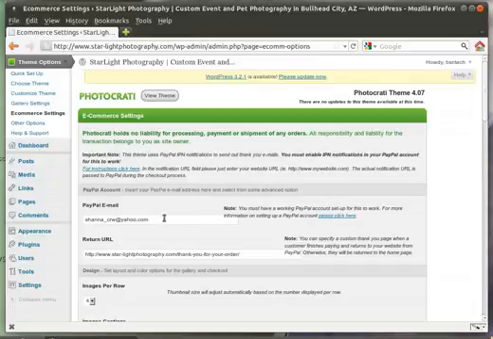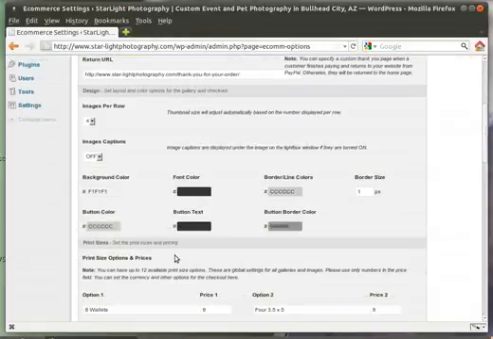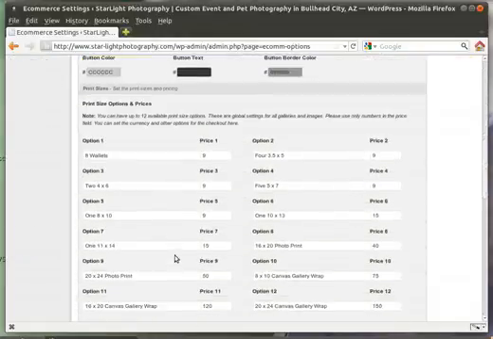In this case, you will then put your account email, your PayPal email address in this box here, and then the next thing would be a return URL. After somebody makes a payment to you, this is the site that they are then redirected to. Typically you will not need to change this. We will set this up for you. Then if you scroll down a little more, there are some more options, but the next main items that you